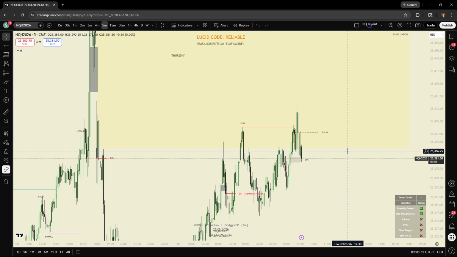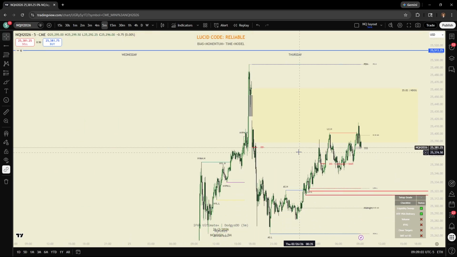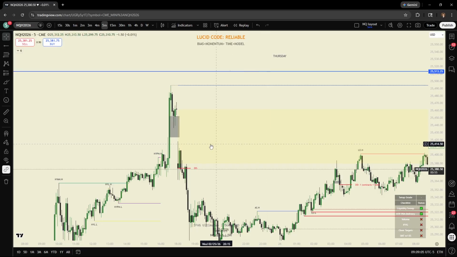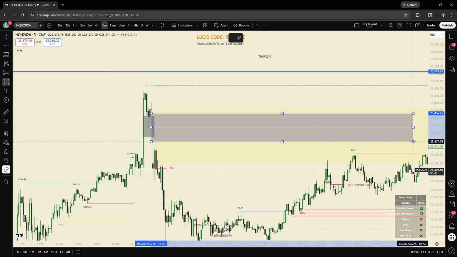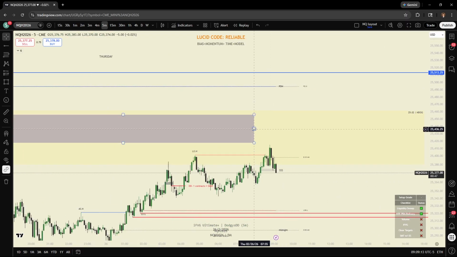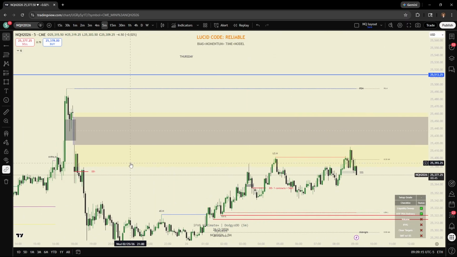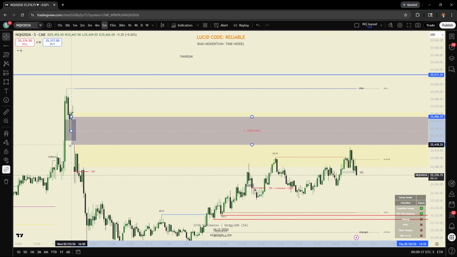Is NDOG going to draw as NWOG? No. NWOG is more important. But all that matters with NDOG and NWOG is how big the gap is usually, and if the gap is still left unfilled. So like in this case, this draw is pretty important because we haven't balanced it. This is an area in price that has not been traded.